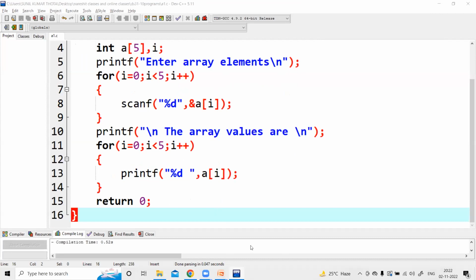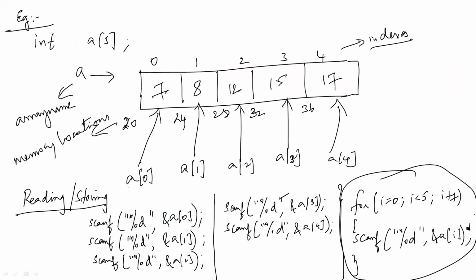Now, the real thing, right? So here our concentration is not on reading or printing, right? So that's a simple basic idea. But now, what operations can we do on arrays? Those will be